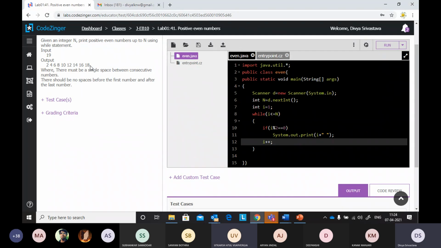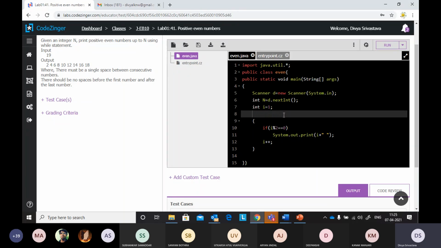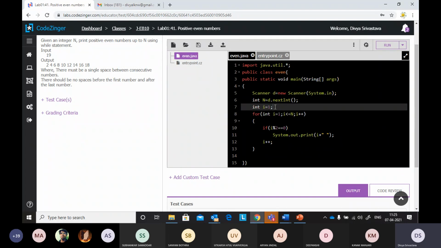Okay, is it clear now? If I want to do the same question with a for loop, can I do it? Absolutely we can. The three parts we did separately: initialization we have done separately, then the condition we have written in the while loop, and incrementing we are doing later. We can do it using a for loop; we just need to write everything here. Say int I is equal to 1 semicolon, I is less than or equal to n, and then I plus plus, that's it.